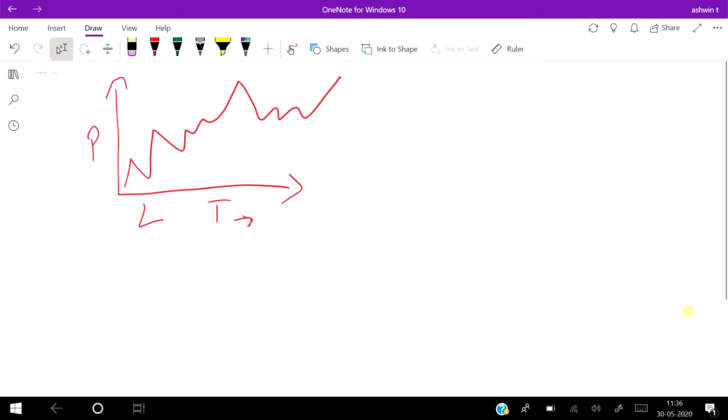And the second type of chart is the bar chart. Bar chart is nothing but